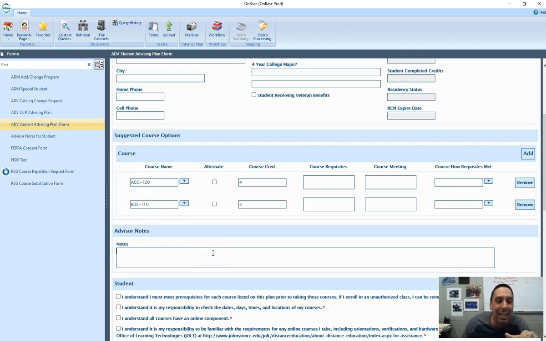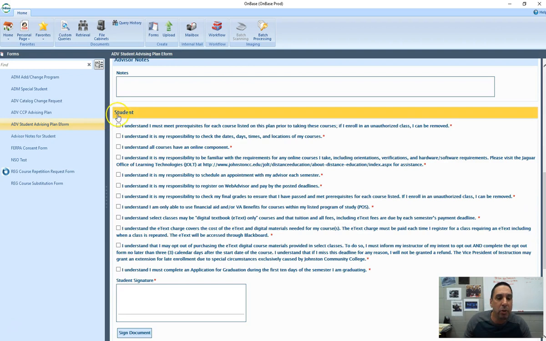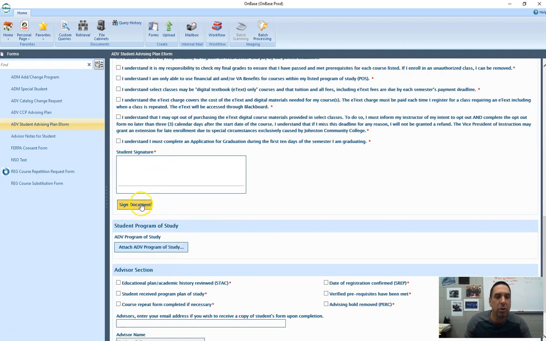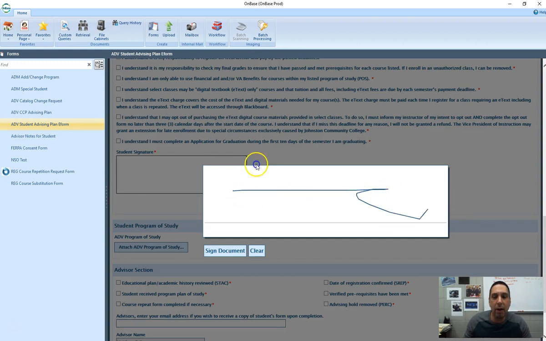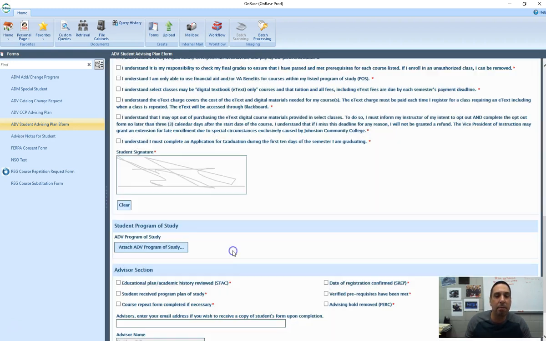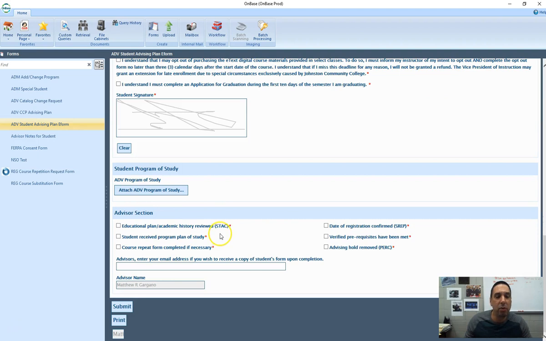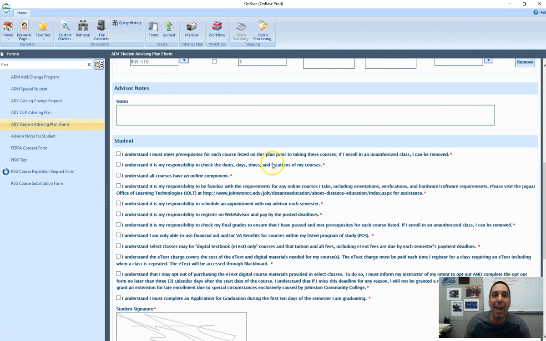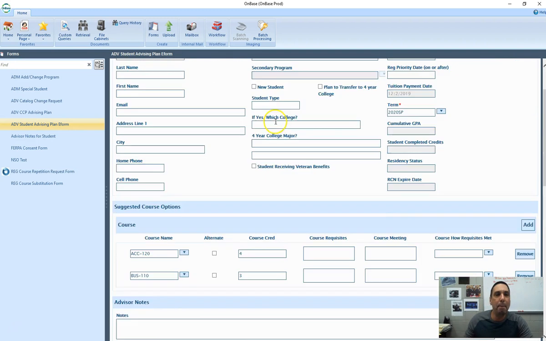If you want any notes that you want the person reviewing to know, like I'm only taking 2 classes, I need to take 4, I need to take 5, or anything else, you put them here. You go ahead and you click the boxes after you read and understand. You click on sign document. You go ahead and sign it. It doesn't have to be perfect. Click on it, and then this won't be here, and you'll go ahead and submit it for your e-advising, okay? That being said,